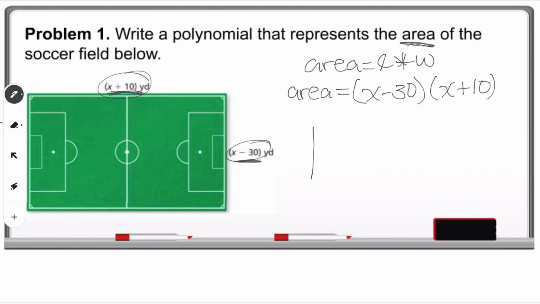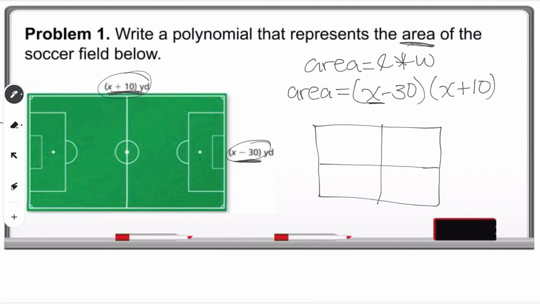So I take a big box. And inside of my box, I draw a T so that I have 4 different quadrilaterals. At the top of my box on the outside, I'm going to write the terms for my first polynomial. On the left-hand side, I'm going to take the first term of my first polynomial, which is x, and I write it at the top. On the right-hand side, I'm going to take the second term of my first binomial, which is 30, and I